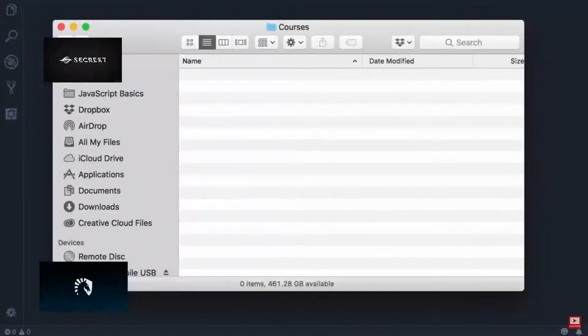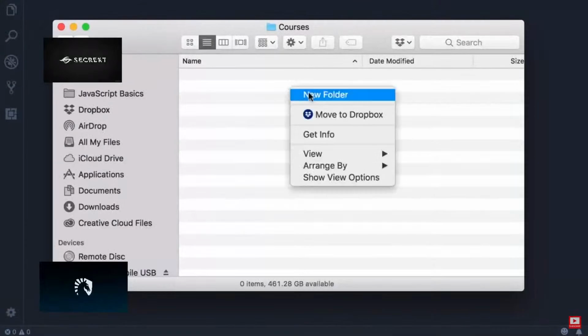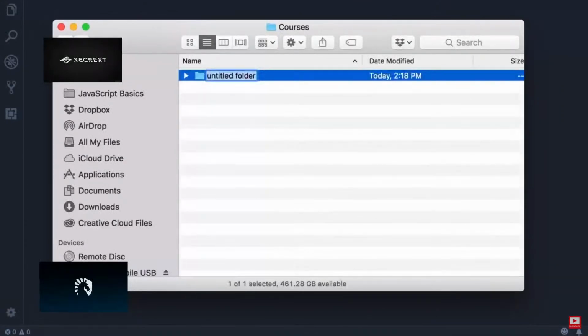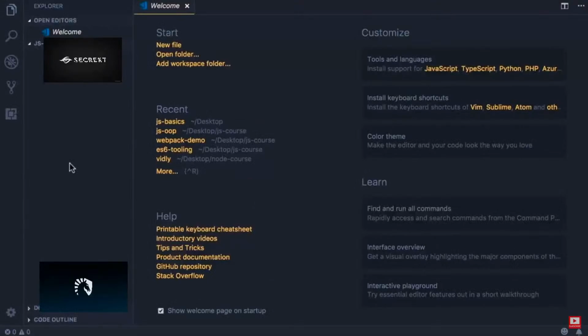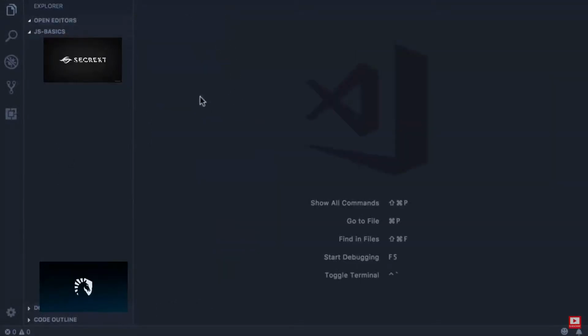All right, now I want you to create a new folder. Call that js-basics. The name doesn't really matter. We just want to have a folder for writing all the code in this course. Now, drag and drop this folder into Visual Studio Code. Okay, we've got this folder open. Let's add a new file here,